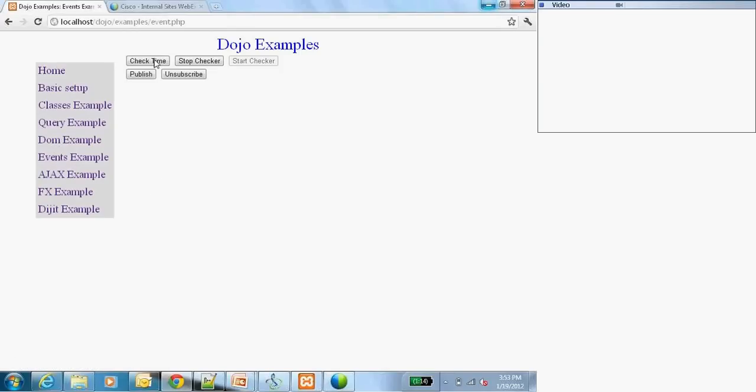Okay. So here I have a page where I'm saying check time, and it tells me the time. You can see when I clicked on this, it told me the current time. No matter how many times you click on this, it will give you the exact time. And if I want to stop this behavior, I say stop checker. Now even if I click on this, it won't update. I want to start it again. So basically I'm trying to show you all these events. Click is here, and you can handle many events, key press, key down, mouse move, all that you can handle here. Okay. And if we quickly